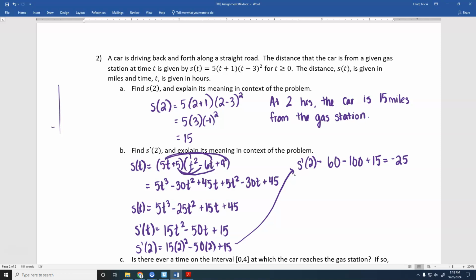Alright, so if you think about what's happening here, this is your t, this is your S of t, this is in hours, this is in miles, right? We got some sort of graph right here. We are finding the derivative at 2. So since it's at 2, we need to say at 2 hours. All right, so let's say 2 is right here. We are finding the slope of the tangent line, right? So the slope of the tangent line, that was kind of hard to draw actually, right here, is going to be